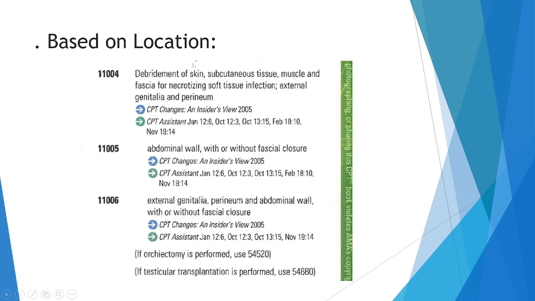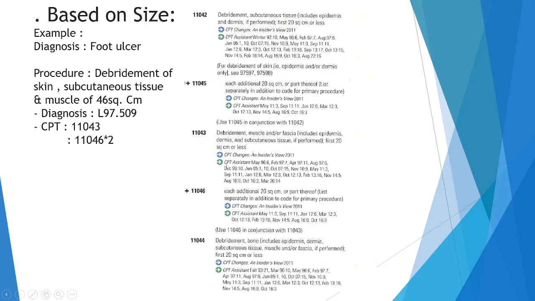We will see that based on the location, like debridement of skin, subcutaneous tissue, muscle, and fascia of the external genitalia and perineum. And here, 11005, the abdominal wall with or without fascial closure, external genitalia. So these are the locations. Based on the location, these codes are coded. So we have to check that. Now, based on the size,